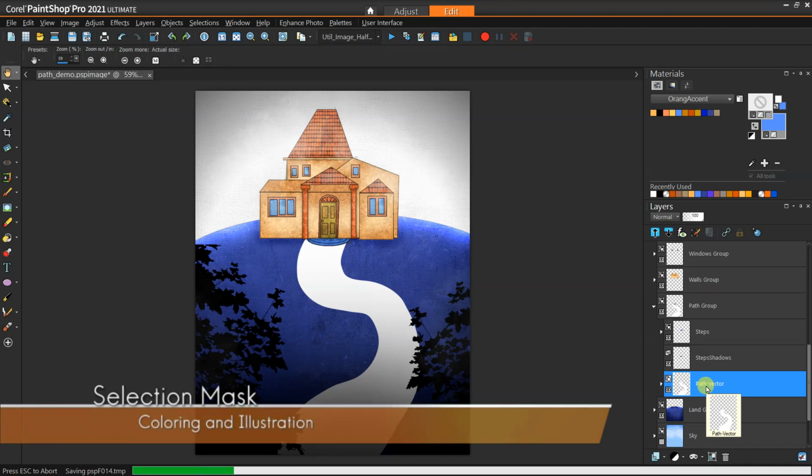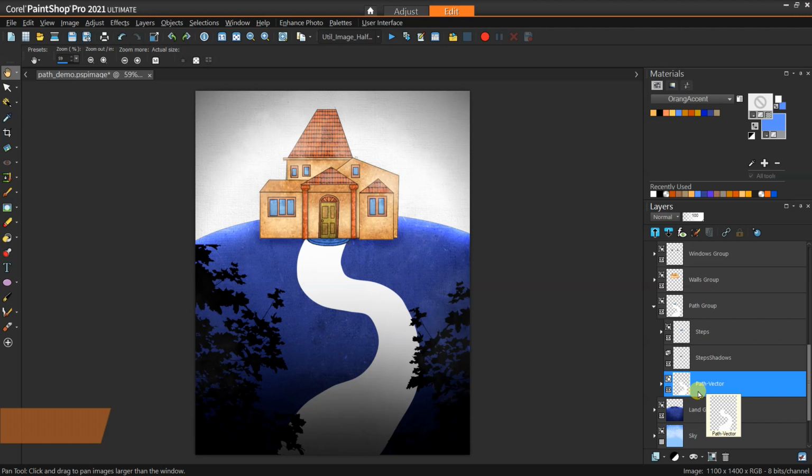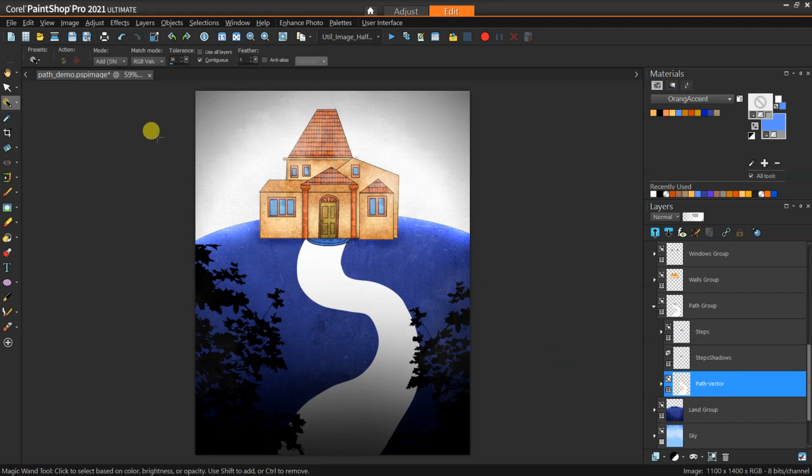And so the first thing we want to do is create our mask. And the reason why vector graphics are great for this is because then we can use our magic wand without even the tolerance being very high. We want the contiguous box to be checked so that it only selects the region that is touching where we're clicking. And I can just click right on this vector graphic, and you can see it's going to naturally find the whole region that is the vector graphic,